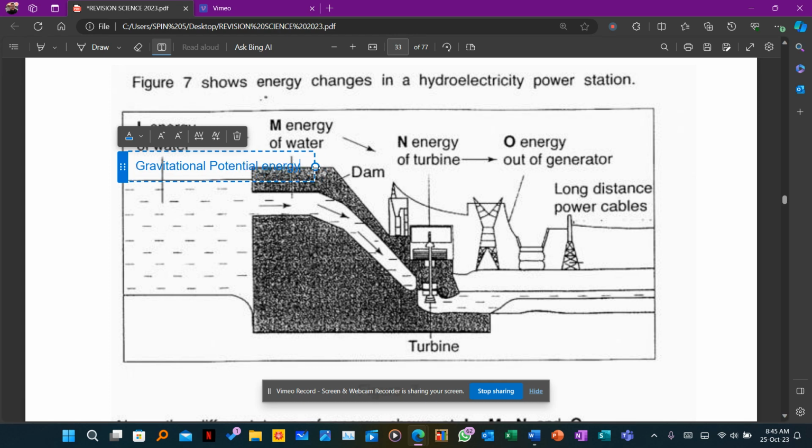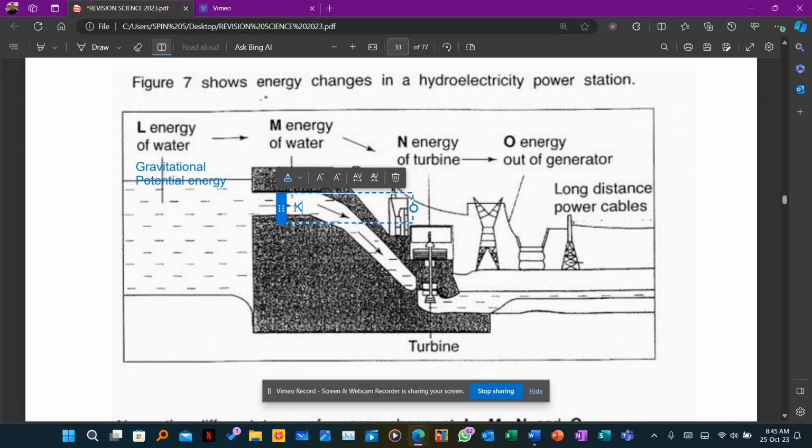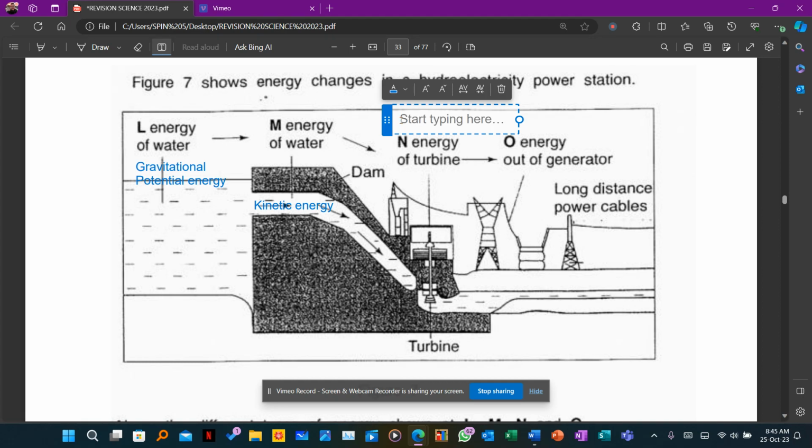And then, as the gravitational potential energy is moving, it will be converted into kinetic energy. You can see the arrow there. So the arrow represents movement, and as it's moving, it will go to the turbine, which is connected to the generator, and this one will convert kinetic energy, generator connected to turbine, convert kinetic energy